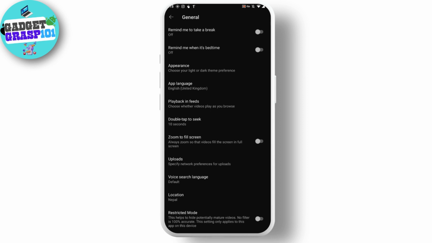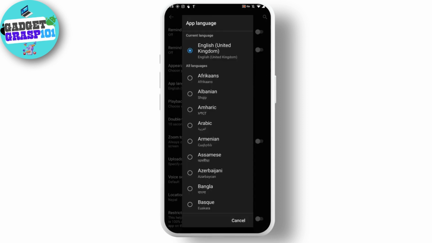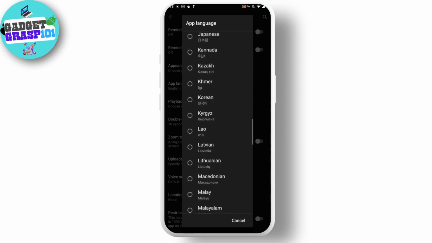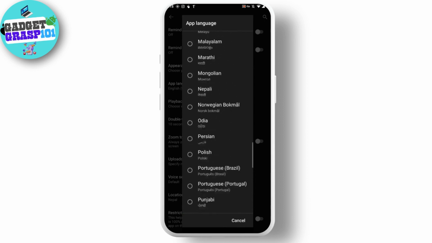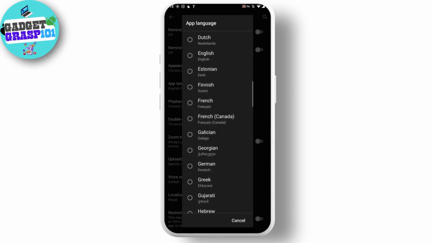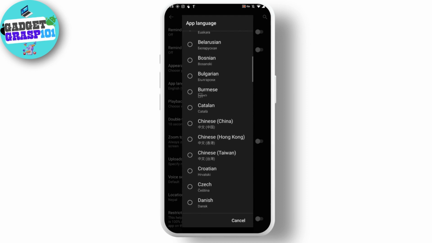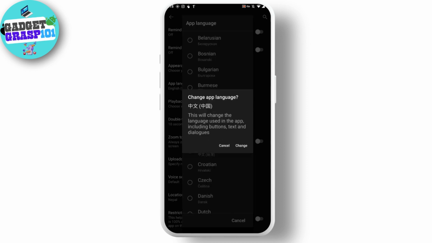So what you can do is just simply tap on app language, and after tapping on app language you can find all the languages which are supported by YouTube. So now what you can do is just search for the language that you want, and then simply tap on it, and after tapping on that language, now you can access that. For example, I'll select this language and then tap on change,